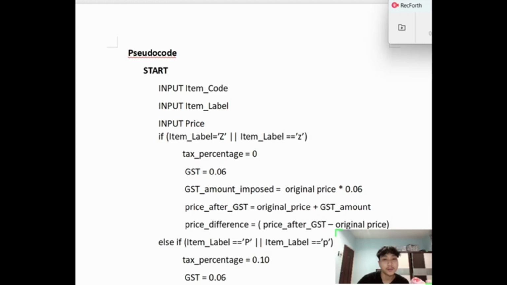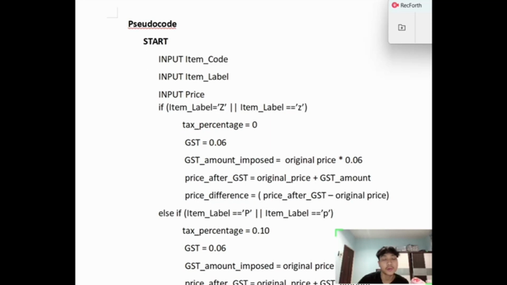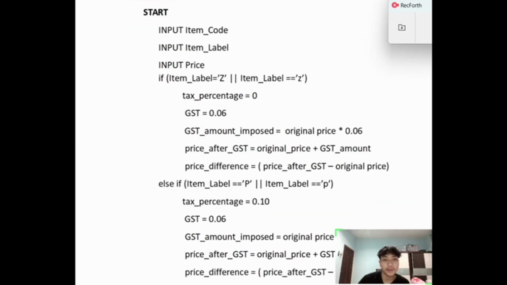If item label equals Z, tax_percentage equals 0, GST equals 0.06, GST amount imposed equals original price times 0.06, price_after_GST equals original price plus GST amount, price difference equals price after GST minus original price. Else if item_label equals P,